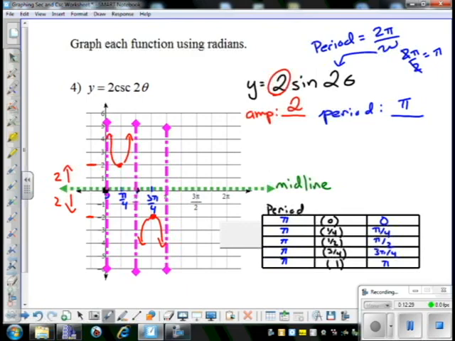And if you notice, the points of our parabolas are going to be the same spot as our amplitude, the top amplitude and the bottom amplitude, leaving our asymptotes, our midline, and our parabolas. That gives us y equals